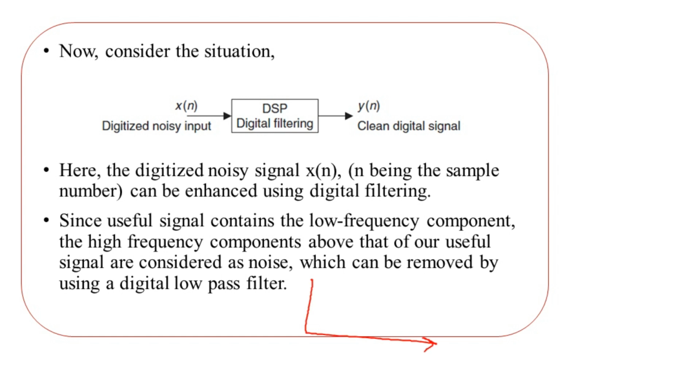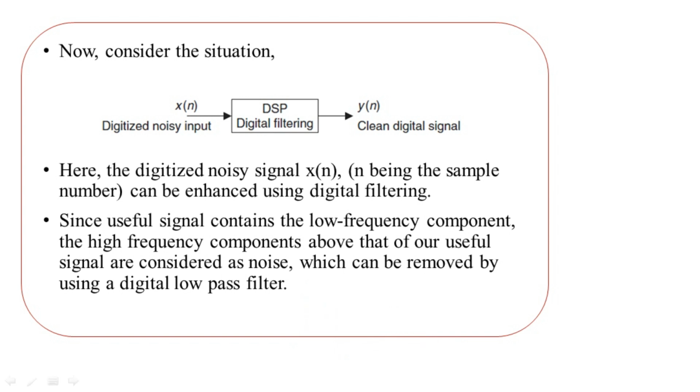If this is the frequency axis and this is the amplitude level, this much of the portion we can regard as the range from 0 to a certain constant value C. This is the low frequency, whereas beyond C onwards it will be the high frequency part. So we can allow only this much of the portion. This portion of the frequency range will be generated into the output, whereas this portion onwards will be removed from the output here.